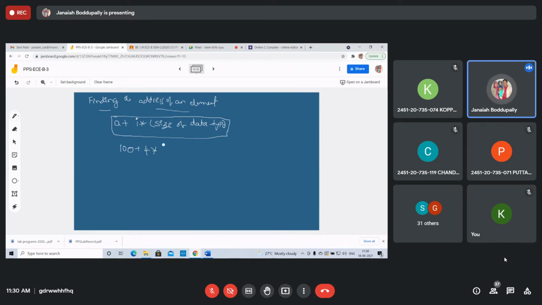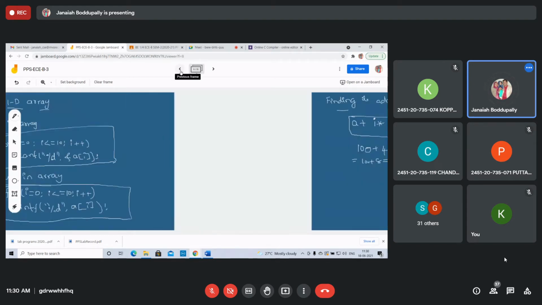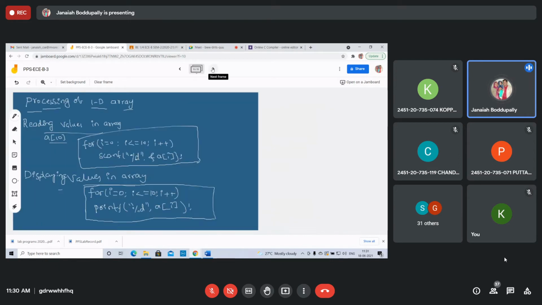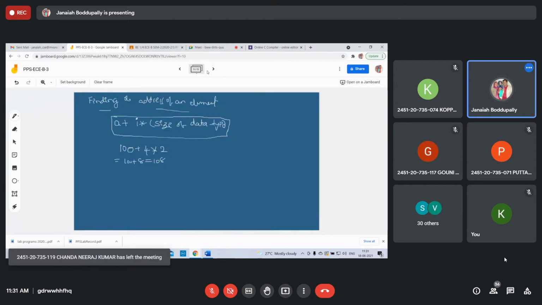We have taken integer type elements, and the size of an integer is 2 bytes. So 100 plus 8 is equal to 108. The address location of that particular element is 108. You can calculate the address of any element this way.